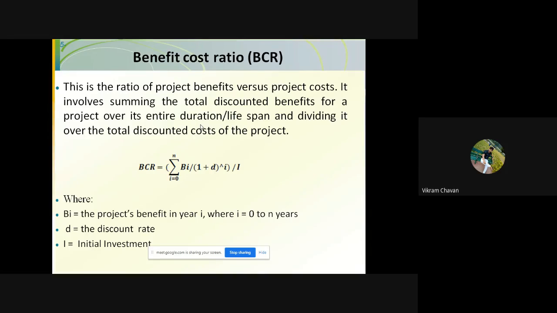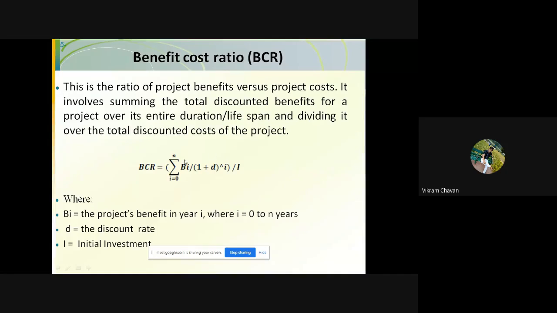In the same manner, here also we are considering the benefit with a discount rate. So benefits are discounted, and also the investment whatever one has to perform is going to be discounted. But if your investment is only an initial investment, then in that case we have to consider that initial price only.